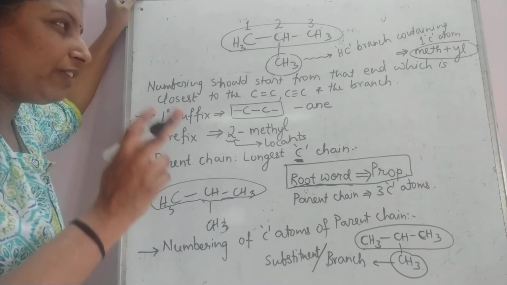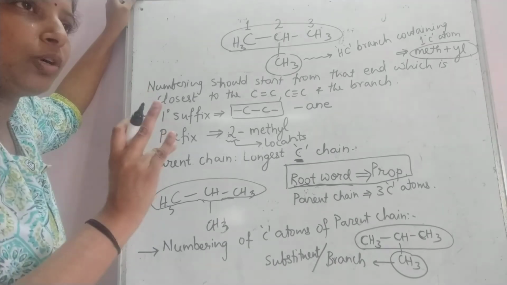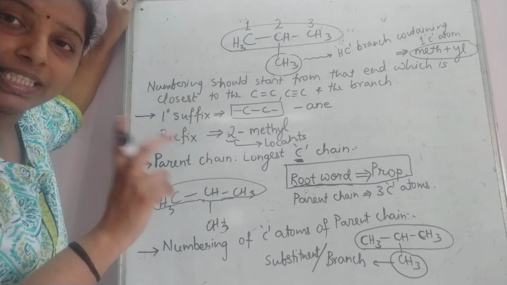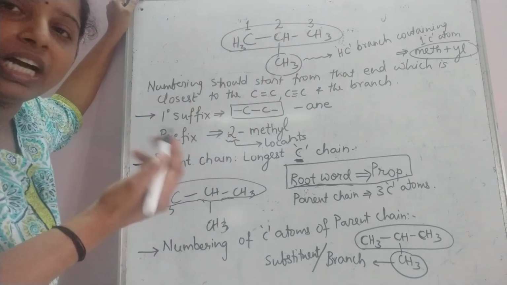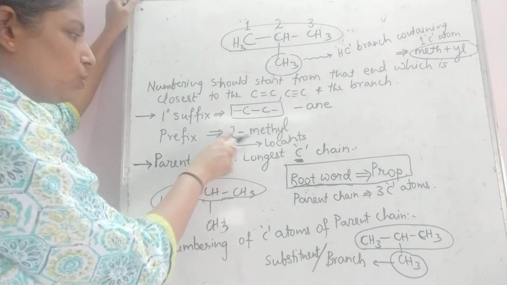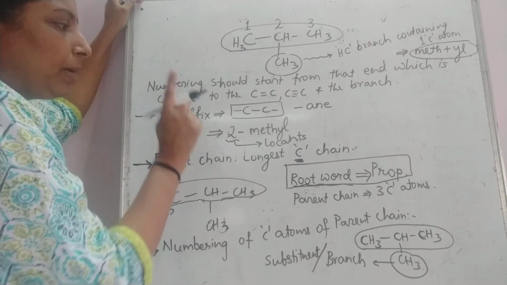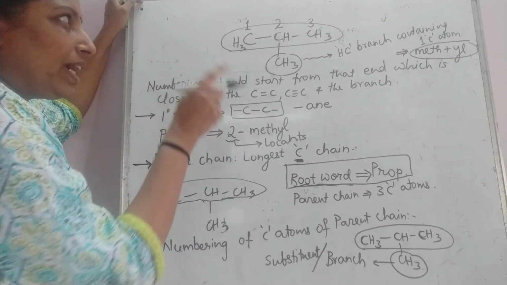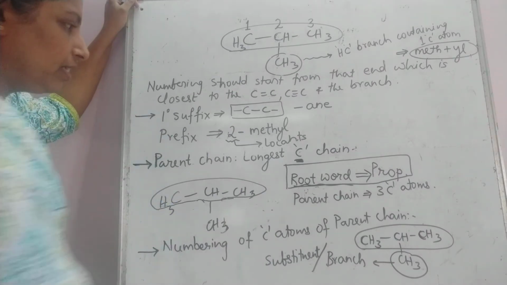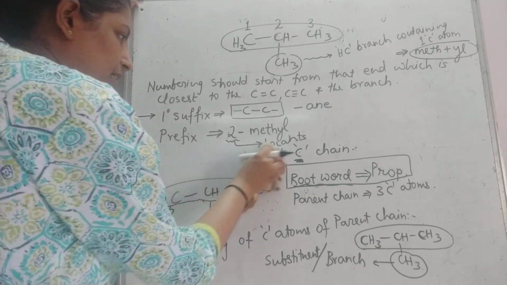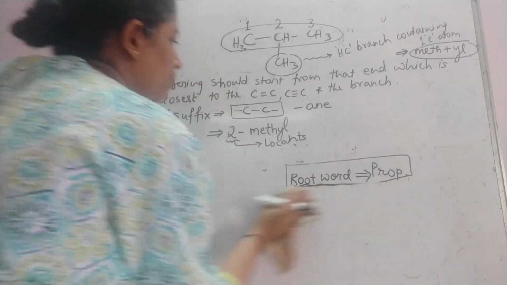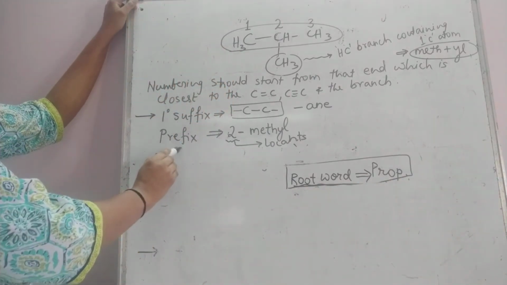Now remember, when we study carbon-carbon double bond and carbon-carbon triple bond containing compound, for double bond and triple bond we will have to write the location. Single bond के लिए जरूरी नहीं है, क्योंकि हर जगह पर single bond है. ठीक है. We'll come back to that. So whenever you write a prefix, remember that you have to write a locant. That is why we had numbered the chain. Okay, ताकि हम location लिख पाए. Is this thing clear? Yes. So we happen to write the root word, the primary suffix and the prefix.